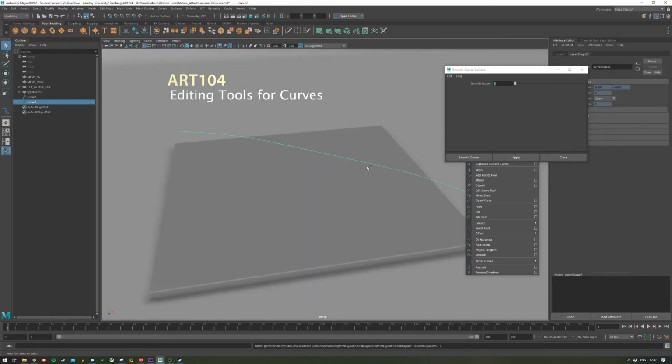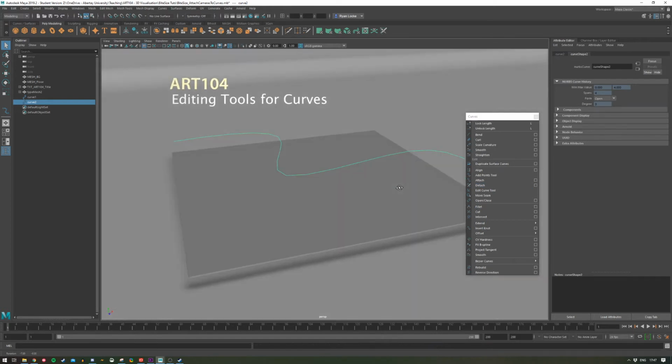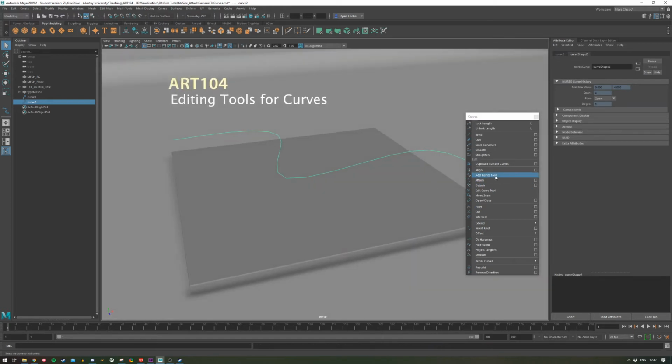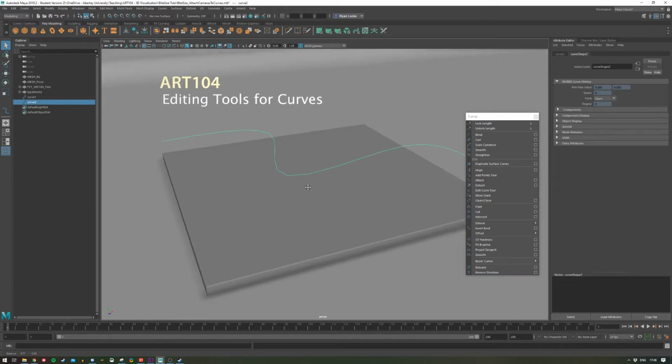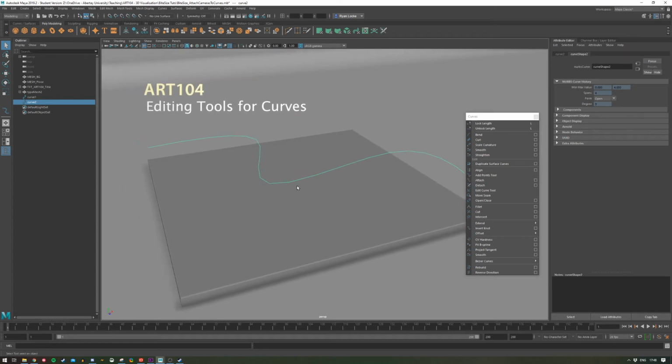Okay, I'm going to go back a few steps, close that. Now, we're going to go down to the Align, the Add Points tool, Attach tool, Detach tool, and then of course we can probably just finish on the Rebuild and Reverse Direction tools, which are very important tools as well. So the Align tool is important for all sorts of reasons, and I'll show you what I mean by that. So I'm just going to move this curve